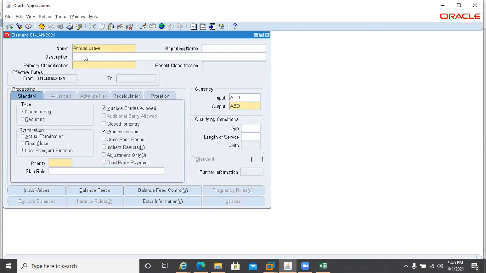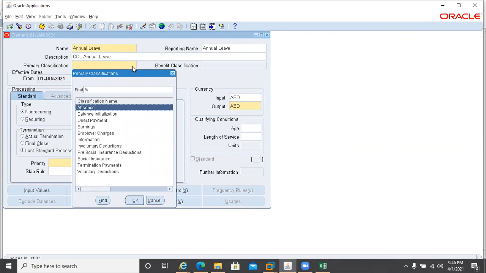Okay, I will enter the reporting name, same, CCL annual leave. Now the primary classification, we just discussed it. As you see by the name of classification, we have absence, balance initialization, direct payment, earnings, employer charges, information, involuntary deductions, voluntary deductions, termination payments, and all these are basically the